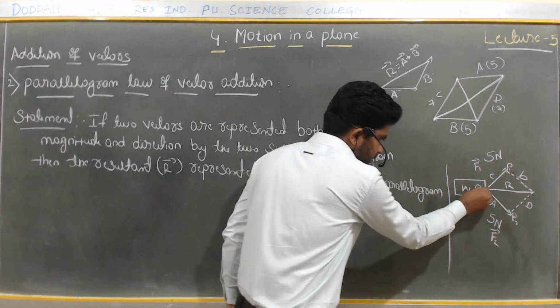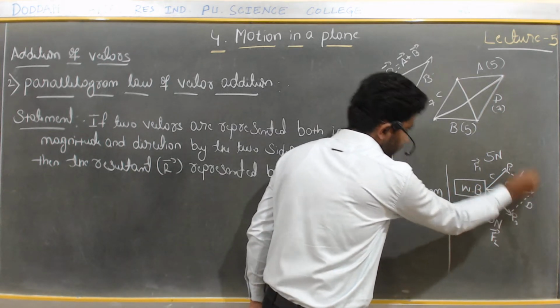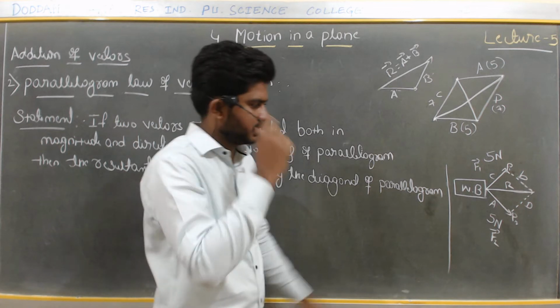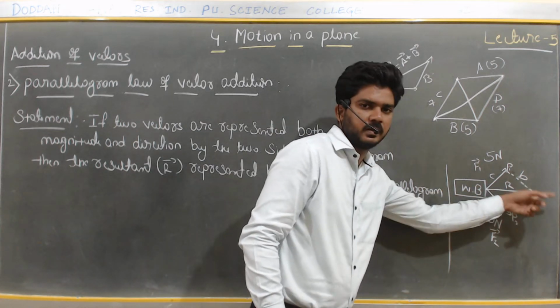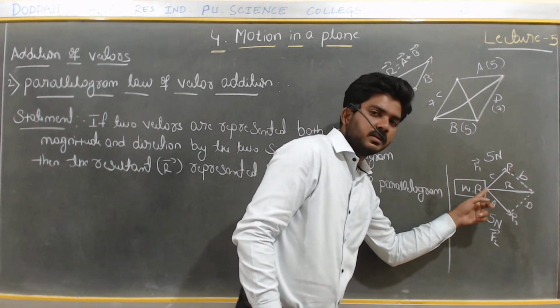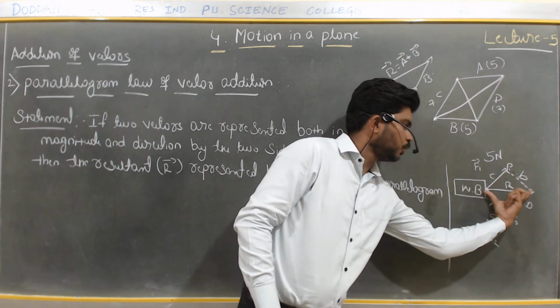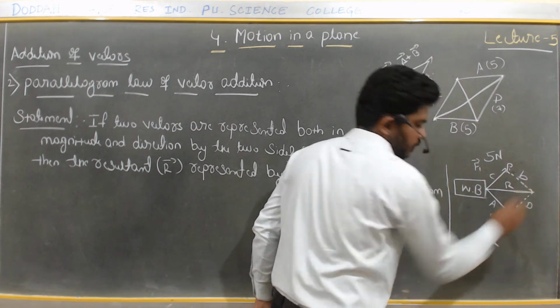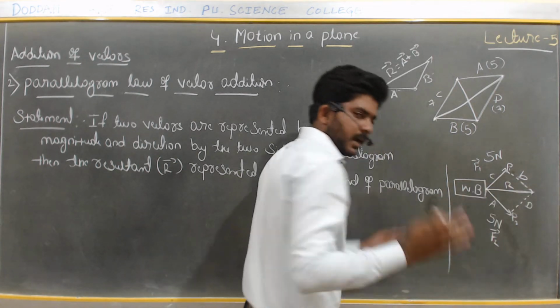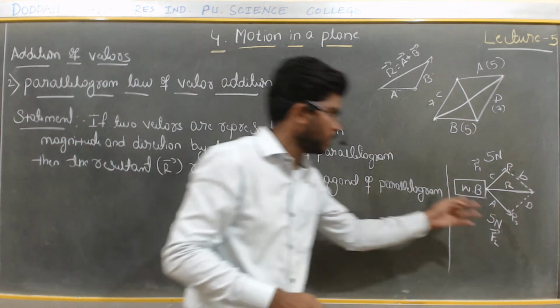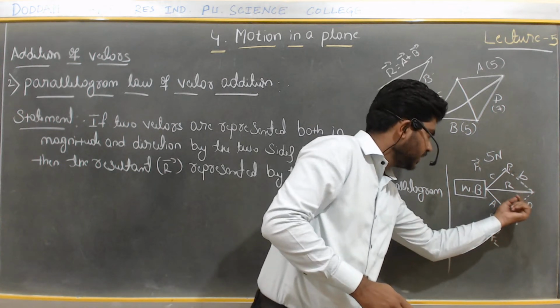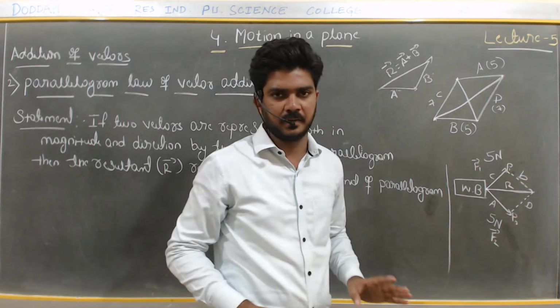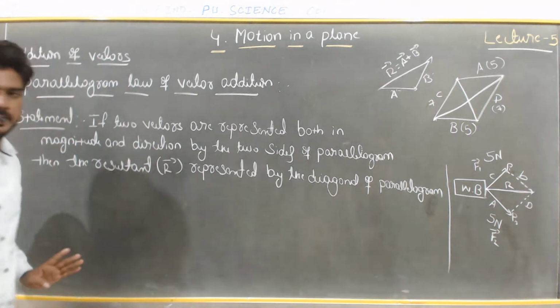This is what we call, as I have told in an earlier discussion, the diagonal. Diagonal means the line which joins two points. As you can see here, this is the initial point, this is the final point. So this straight line is joining the two corners or two points. So this diagonal will give the resultant vector. The same statement I have written here.